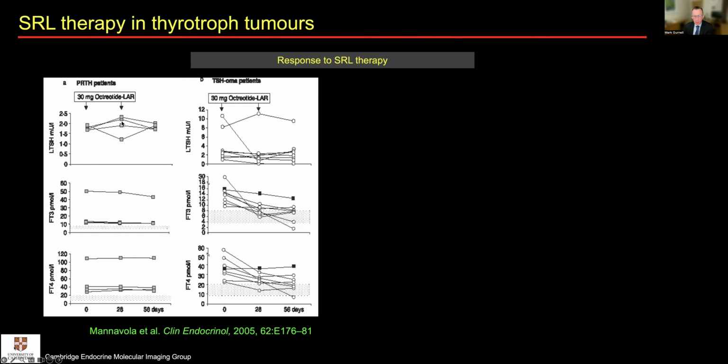these entities. So Paolo Beck-Peccoz and colleagues many years ago showed that patients with resistance to thyroid hormone often showed very little in the way of change in either TSH, free T3 or free T4 following depot injections given every 28 days, whereas patients with TSH-omas showed a quite nice drop, in particular in free T3 levels, often achieving a euthyroid state, as it were, with improvements in free T4 and also some, but not so dramatic, changes in TSH